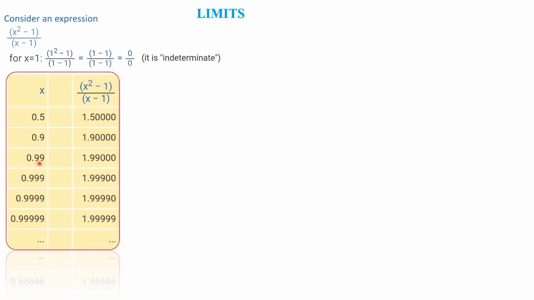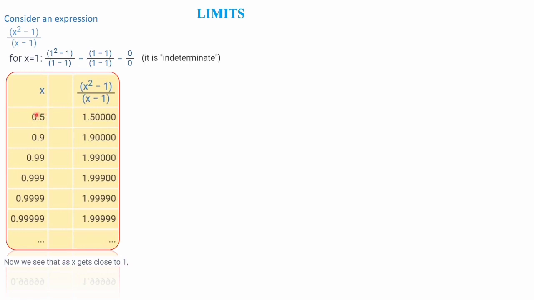0.99, that is very close to 1, we will get 1.99, and again 0.999, we will get the value as 1.999, and 0.9999, when we substitute, we will get 1.9999, and 0.99999 we will get 1.99999. So here, now we see that as x gets closer to 1,